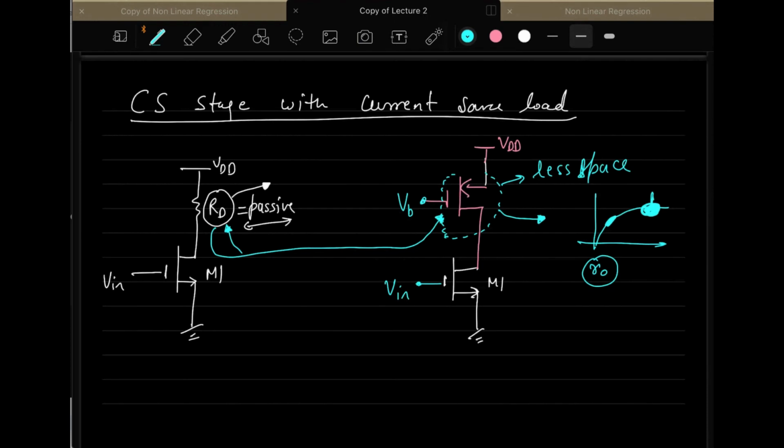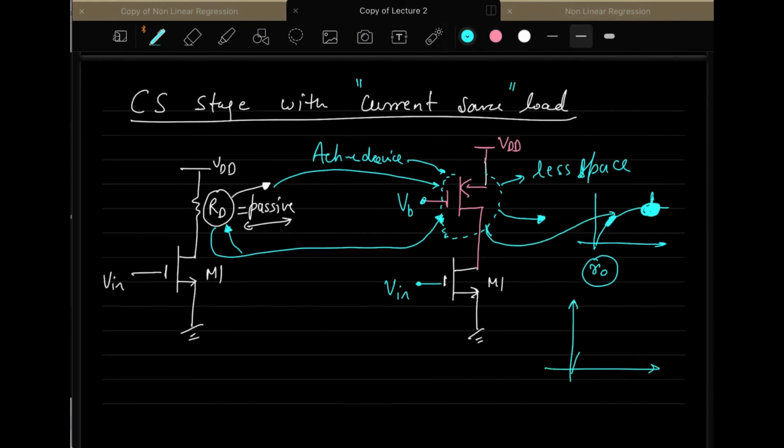So basically, some way or the other, we are trying to replace the passive resistance by the active device. This one is called an active device, and here it is called a current source load, because you are actually trying to model this transistor, the pink transistor on the top, with characteristics like this, and you want this transistor to be somewhere here, and this is the area of current source. I told you already that this is the characteristics of a current source. So as you force this pink transistor to lie here, it is working as a current source. That's why we are calling it a current source load.